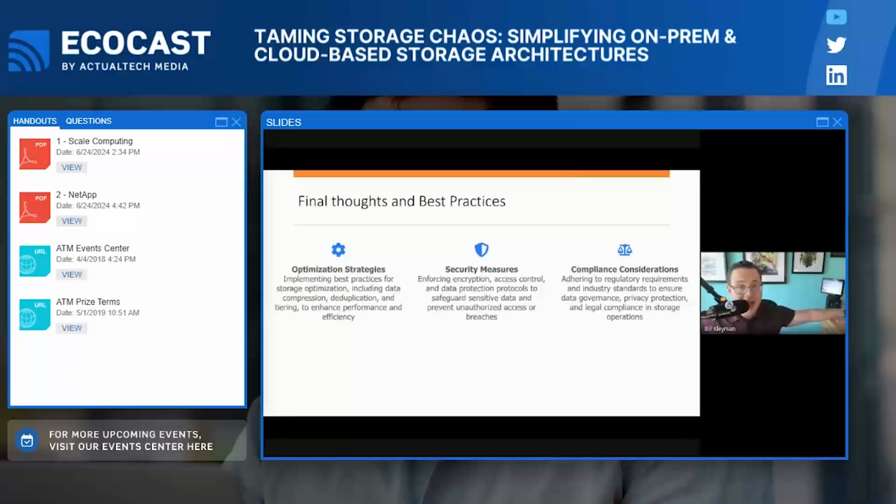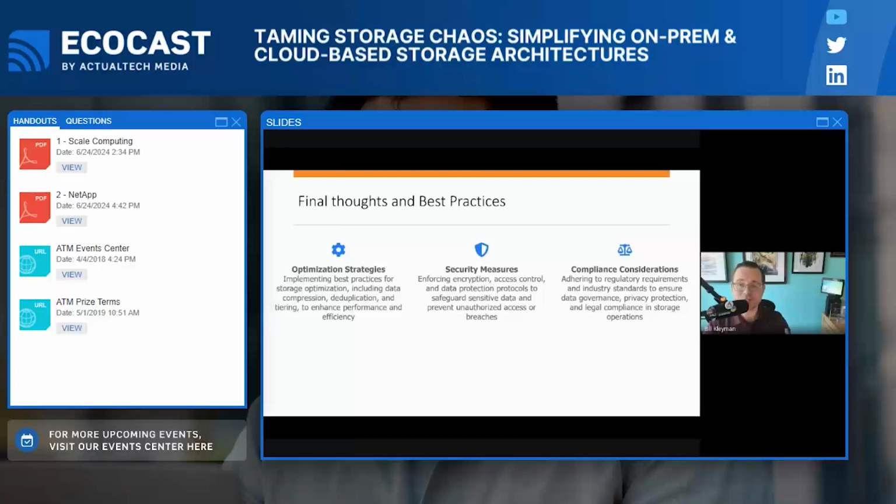Now, that was a tremendous amount of information, and you're going to be getting a whole lot more from it today. And there's going to be a lot of really key points. Again, this isn't just an appliance. This isn't just a piece of storage you put into your ecosystem. You need to look at optimization strategies. You need to think about things like security and compliance as well. We didn't get into it too much. I'm sure we're going to have those conversations today.